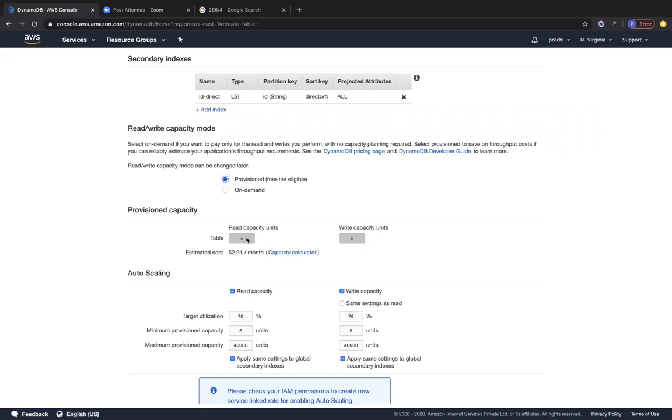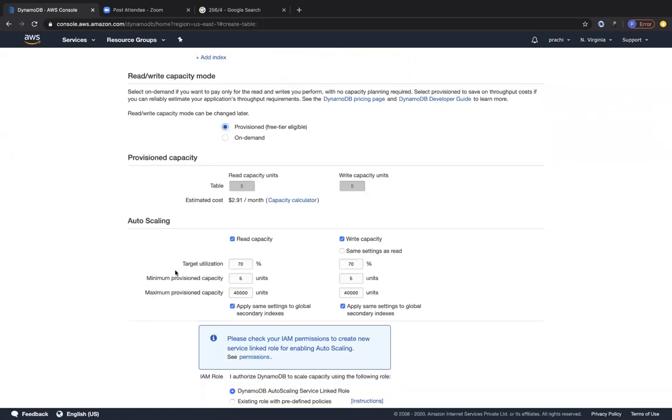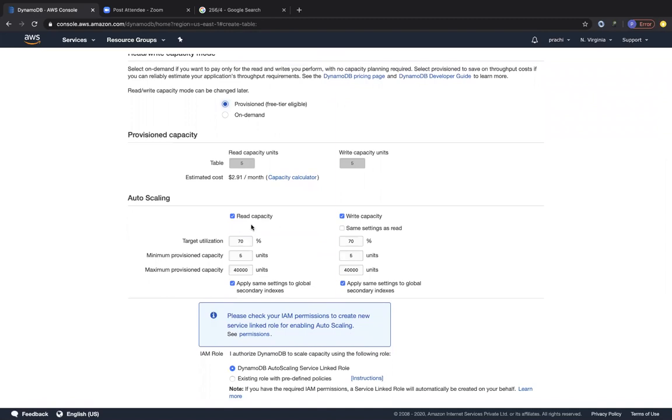And I'll be able to read 40 KB of data in an eventually consistent manner. So that's the kind of calculation that you have to think about. You have to always assess this before configuring your table with that kind of capacity. But then they also provide you with the auto scaling capacity of read capacity and write capacity.